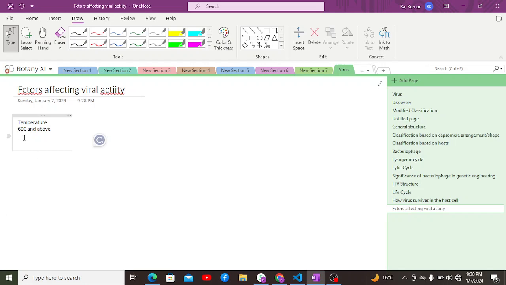there are some viruses present within our body, which require certain activities under favorable temperatures. So further temperature, generally 60 and above, can damage them. Moreover,